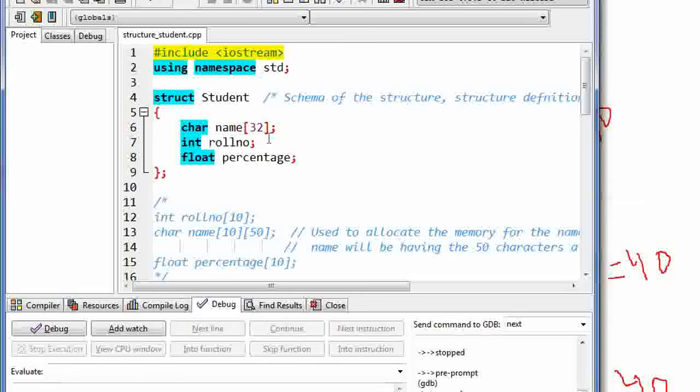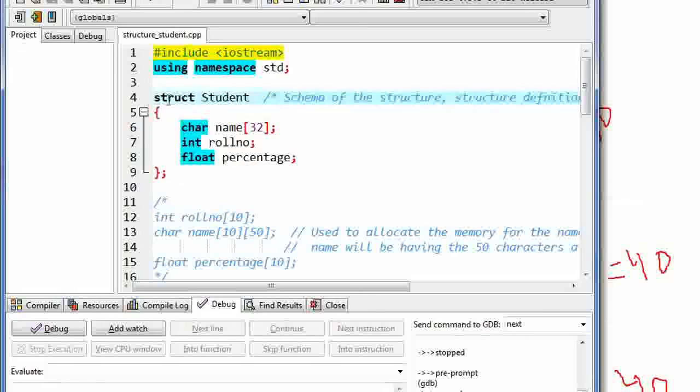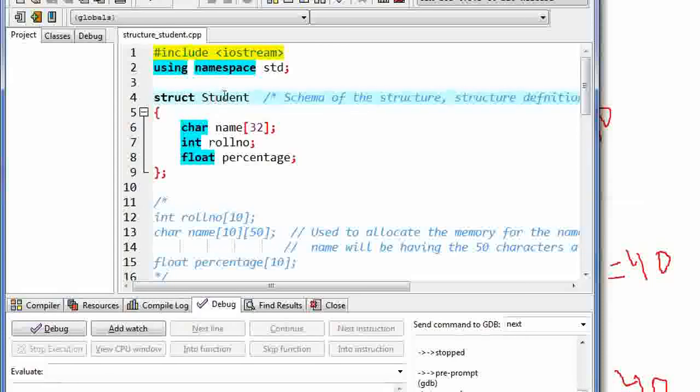So this is what we have done. Briefly explaining again to end the lecture, this is the definition of the student. Struct is the keyword which is used to define it. It can have different data types. Here we have character, integer and float. These are different data types and all are packed into one data type. The new data type that is generated is called student, the name we give here, struct student. This is the new data type, so we call it structure. A structure is a group of data items of different data types.